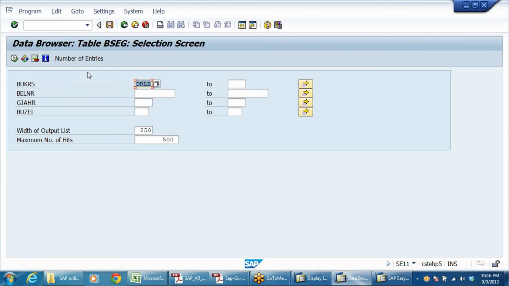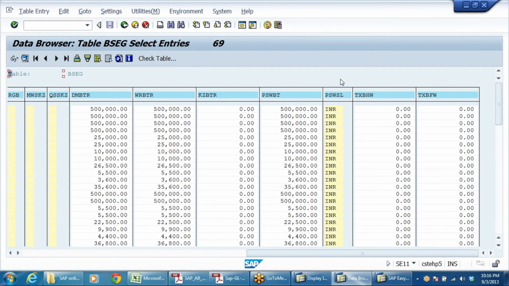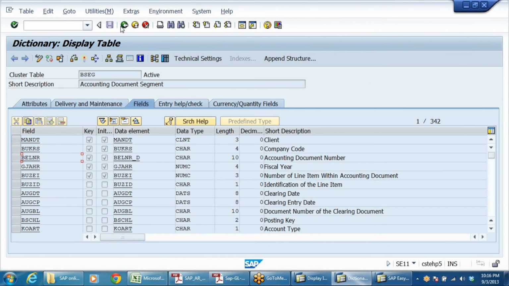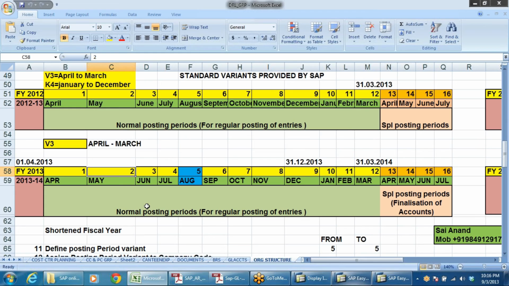If you ask the ABAP consultant to prepare one particular piece of information, he'll ask from which fields you have to pull. So you have to tell him the technical name. Then he will pull the information from this table and prepare another report. Right. Just one minute, I'll be back.